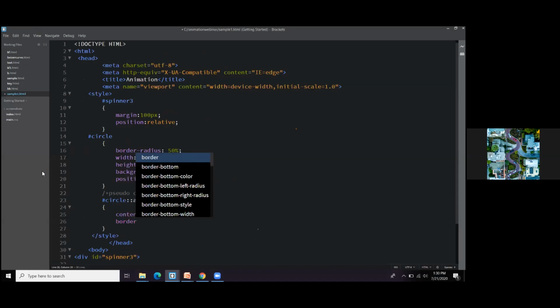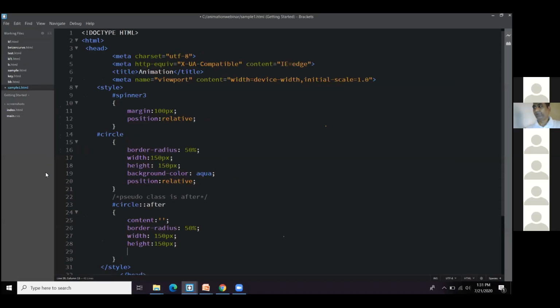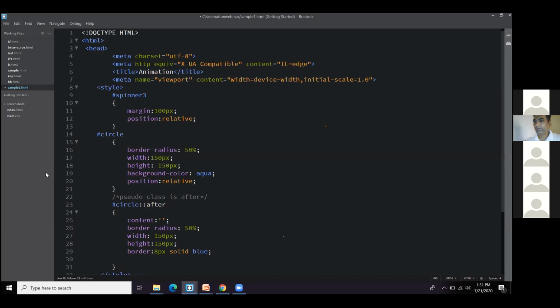I'll be taking same 150 pixels, which I have taken above, and height, I'll be taking it as 150 pixels. And then I need a solid line on the border. So I'll take 8 pixels of border with some solid blue color. Or you can go ahead with any color that you need.